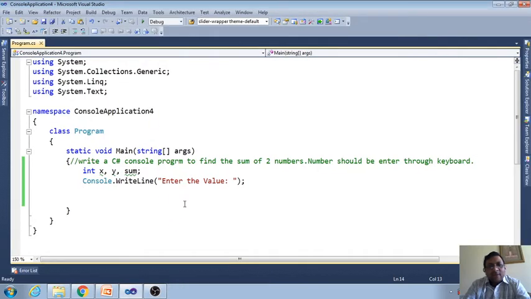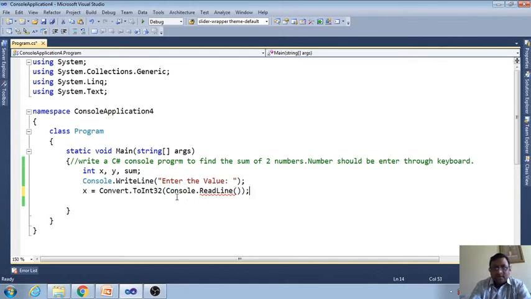But where will we store that value? Whatever value the user gives from the keyboard, I will store in the x variable. So x equal to Convert.ToInt32(Console.ReadLine()).